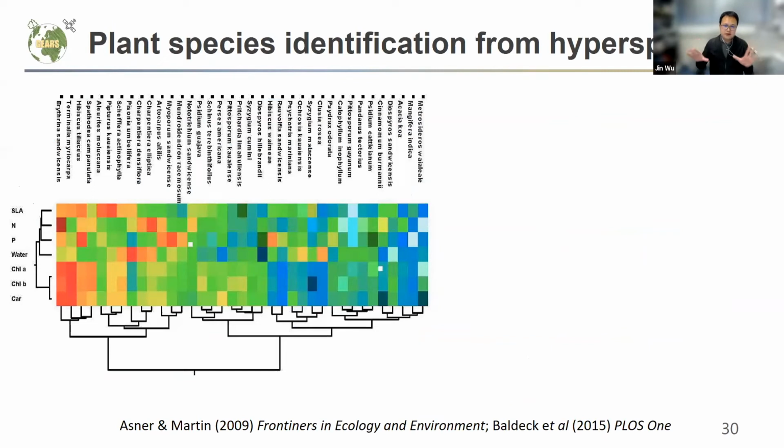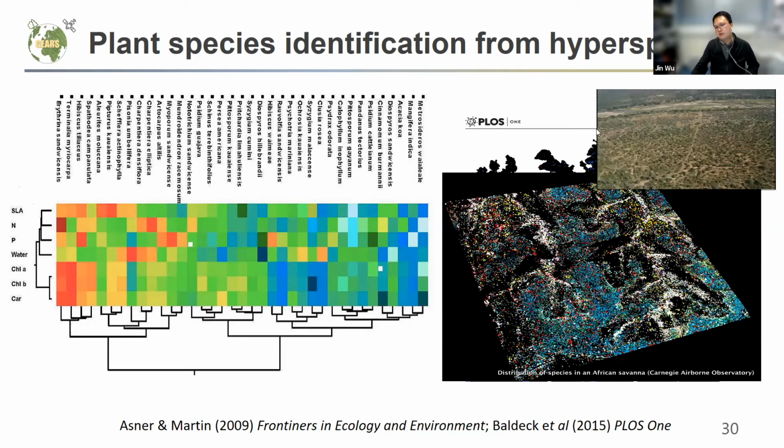So further, if we see the plant in a biochemical way, Asner et al., using the Amazonian species as an example, found different species. If we can construct a phylogenetic tree that identifies their evolution processes, they found that when trees share a similar evolution history, they tend to have a similar biochemical composition as well. On the other hand, that also means different plants have quite a distinct chemical fingerprint, as we mentioned before. So that's the reason.